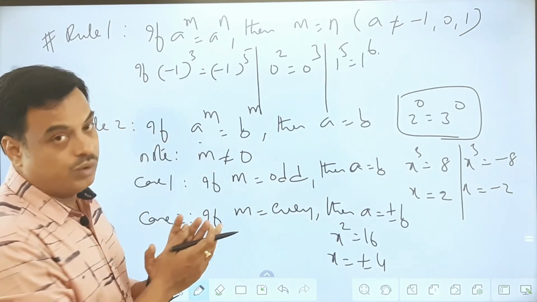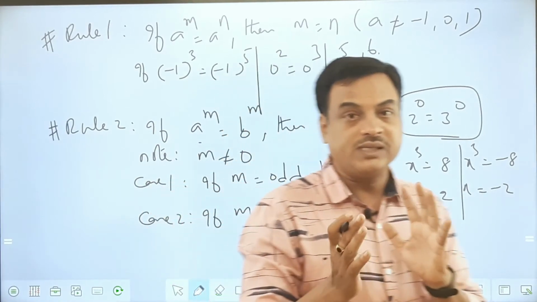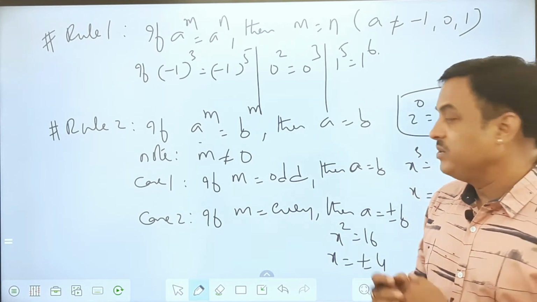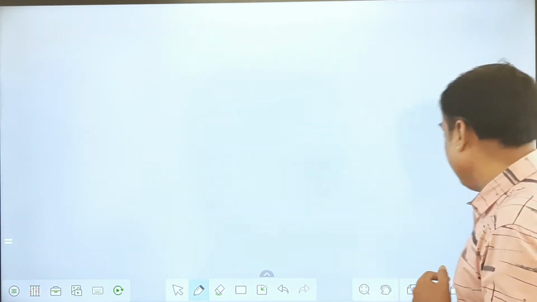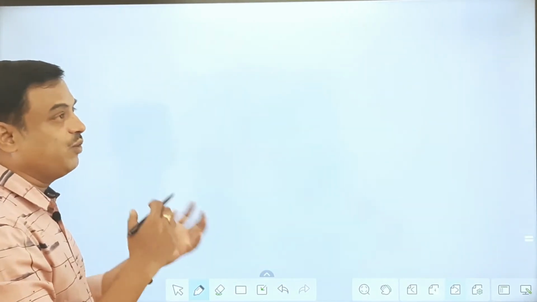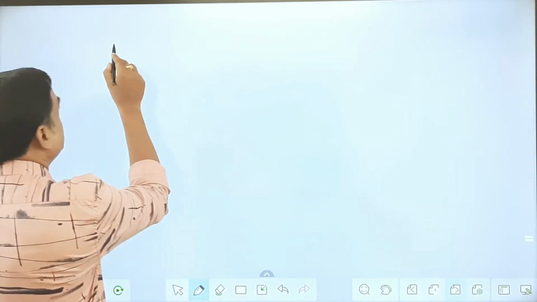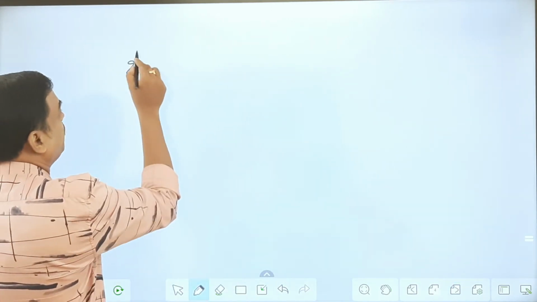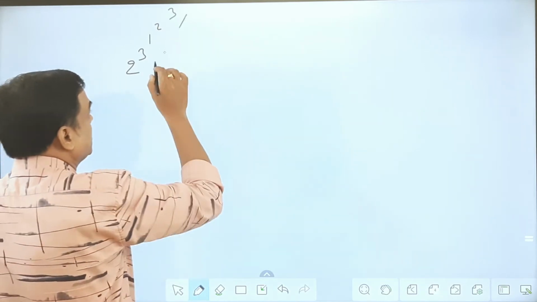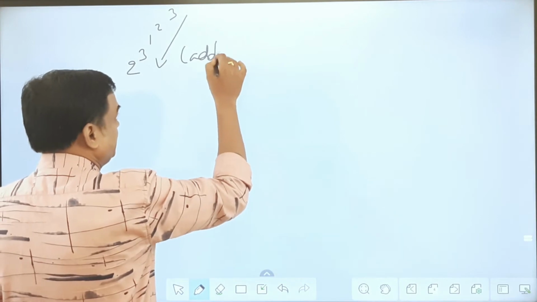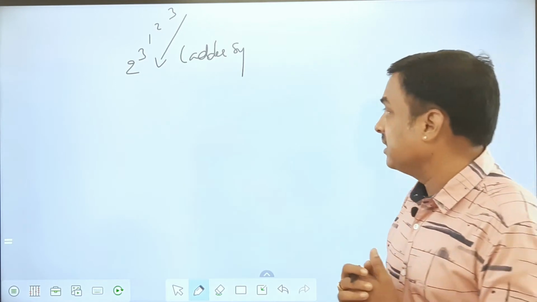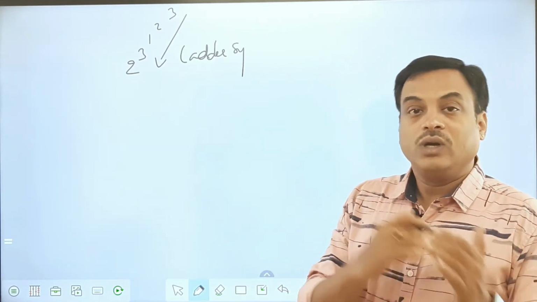Okay, so these are the two rules in comparison of bases to bases and powers to powers we can do, and this will be most useful while doing the problems in indices. Now next, there is one system which is also very useful, or many times you find questions based on that system. That is, if I have a question something like this, 2 to the power of 3, power 1, 2, 3, something like this. If you arrange powers like this, it is called the ladder power system. And like a ladder, we need to simplify this.